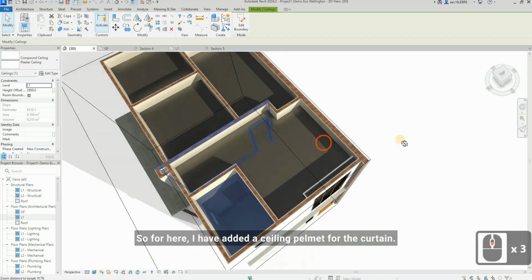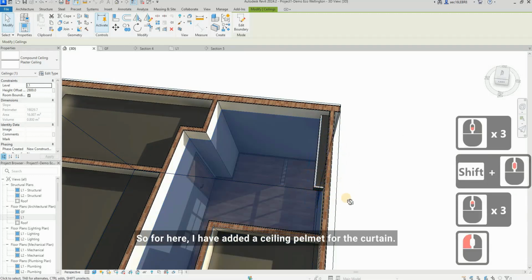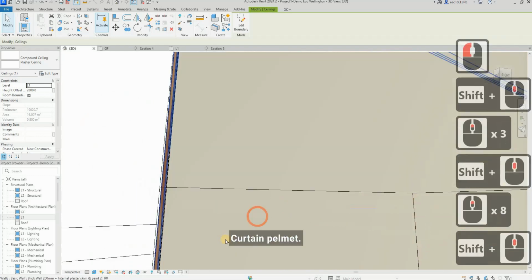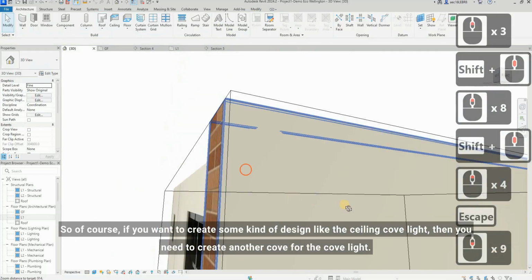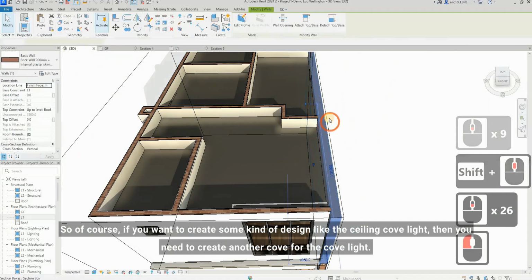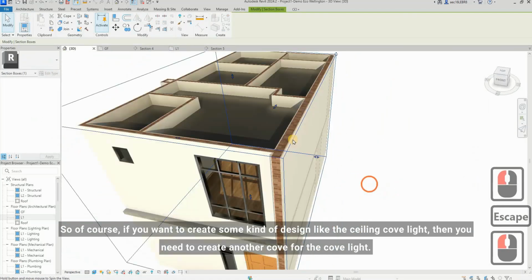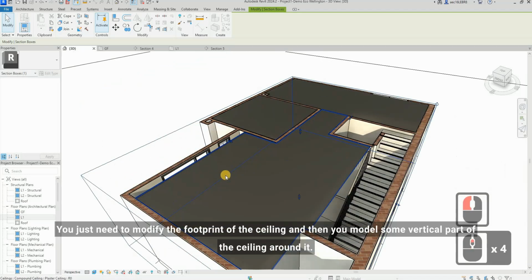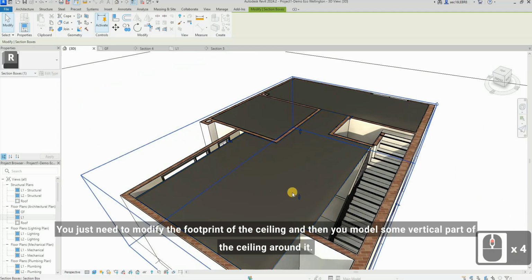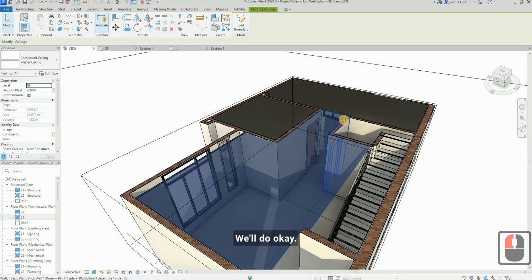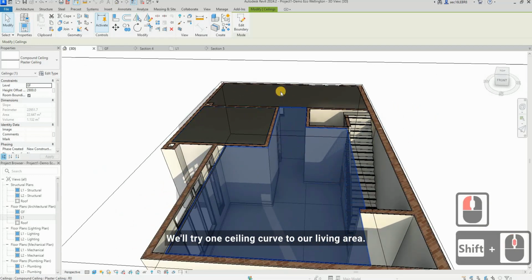area. Okay, so for here I have added a ceiling pelmet for the curtain pelmet. Okay, so of course you want to create some kind of design like the ceiling cove light, then you need to create another cove for the cove light. Then the method basically will be the same. You just need to modify the footprint of the ceiling, and then you model some vertical part of the ceiling around it will do. Okay, we'll try one later on when we are going to add the ceiling cove to